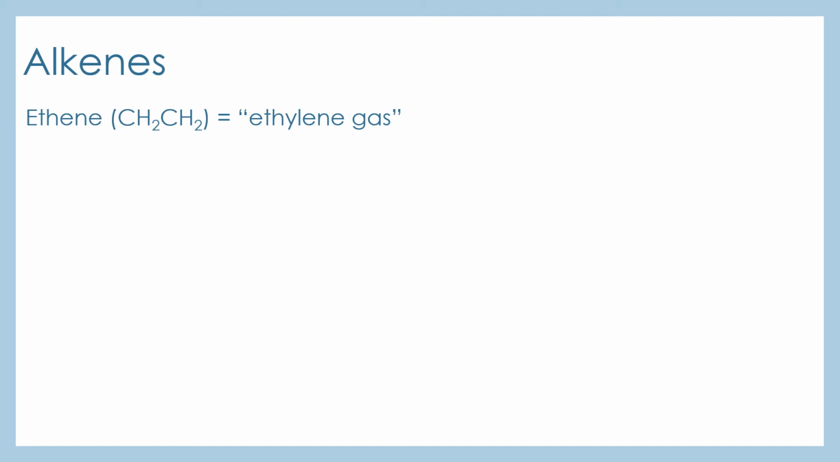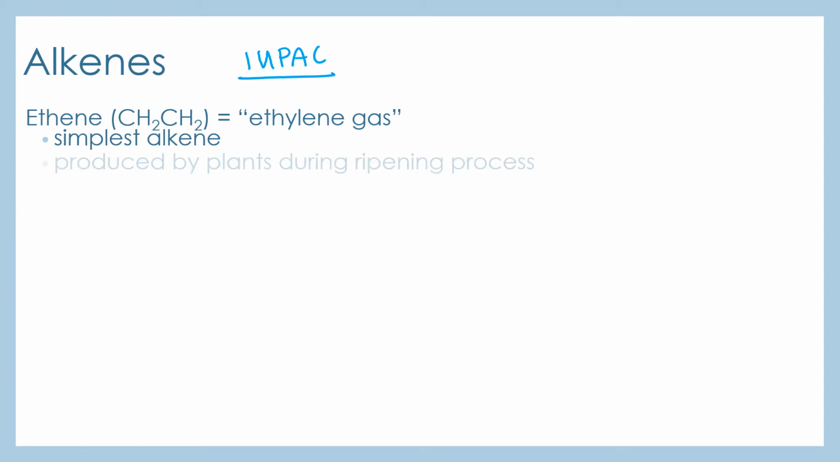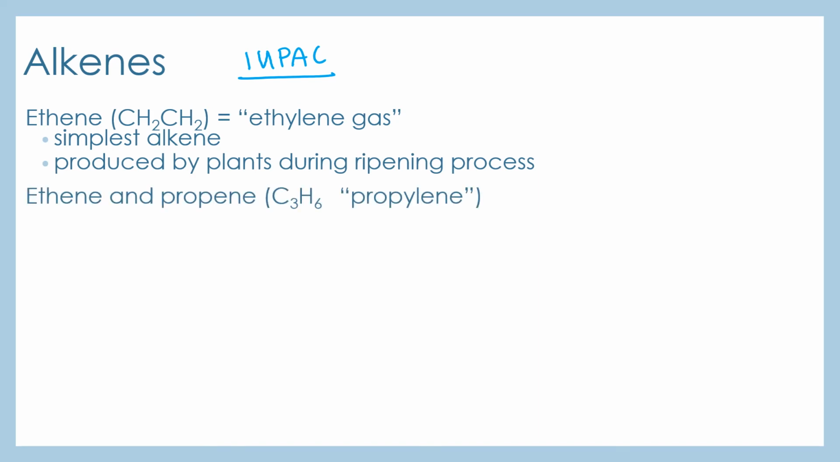So ethene is also called ethylene gas. This is a common name for it, whereas ethene is the official IUPAC name, and we'll talk about IUPAC a lot in chapter 4. Ethene is the simplest possible alkene because, since it's a double bond between carbons, you have to have at least 2 carbons. And it is produced by plants during the ripening process, which is where you usually hear the word ethylene gas